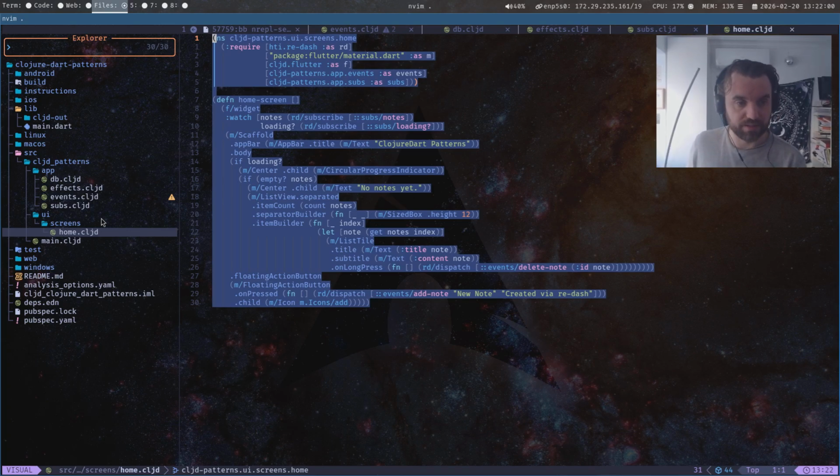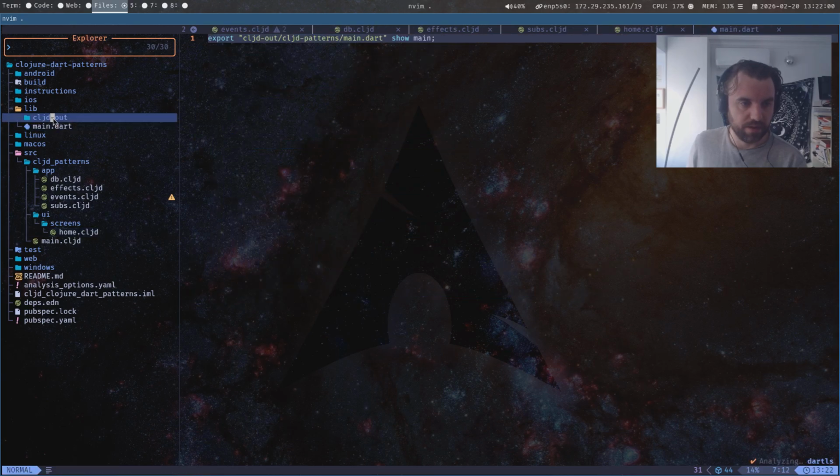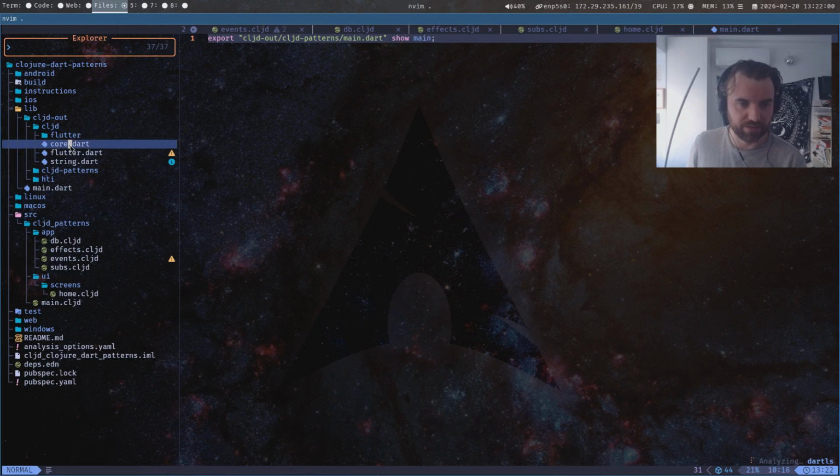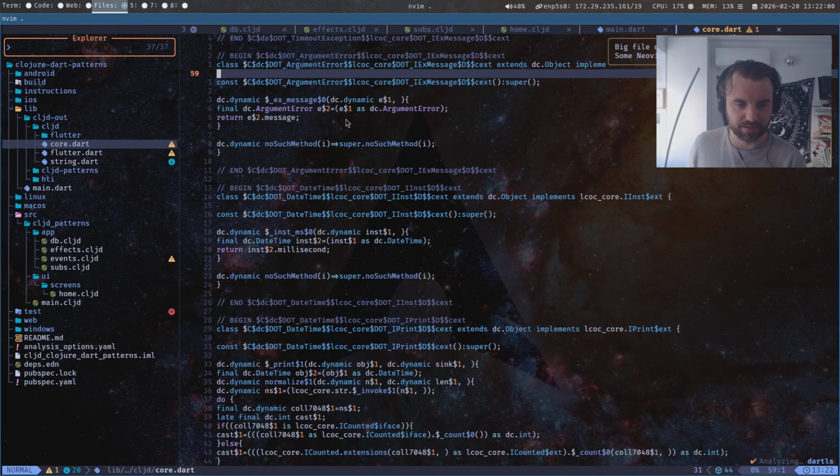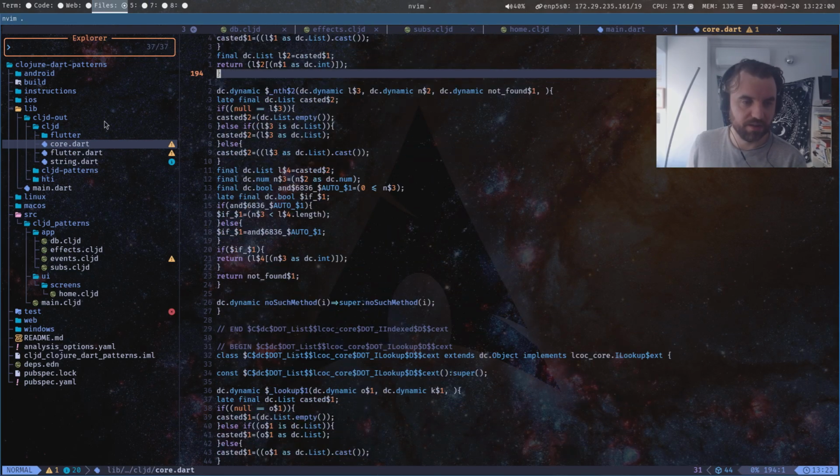Yeah. So this compiles down into Dart. I don't know if you can use it that much, but it does compile down to Dart, so all the Dart code is here. And you get your Android, iOS, Windows is here, I think there's macOS and Linux and stuff.